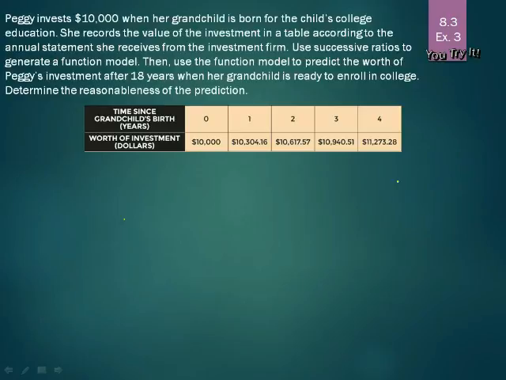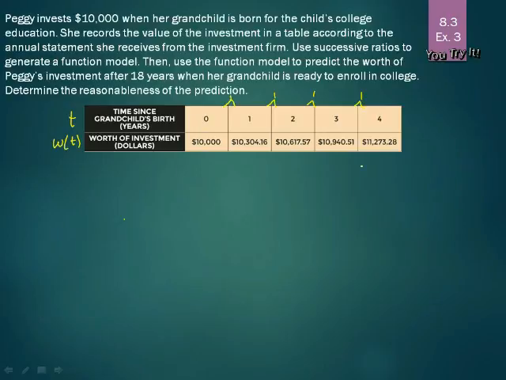Okay, so let's first point out the independent and dependent variables. The time would be the independent variable, since that is just going to march on no matter what. We can call that t. And then the worth of the investment would be our dependent variable, and we can call that w for worth of t. Note here that our delta t would just be 1, since it's going up by 1